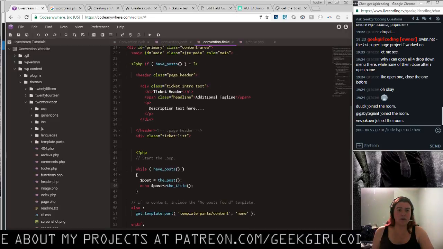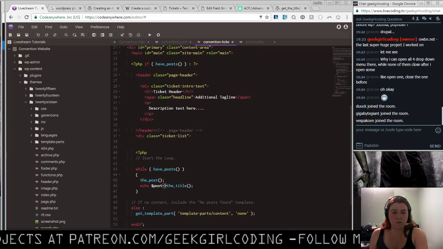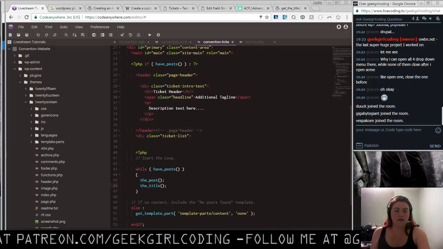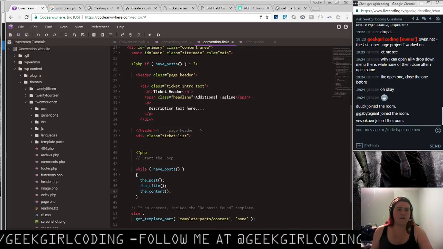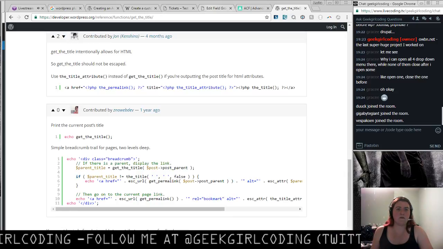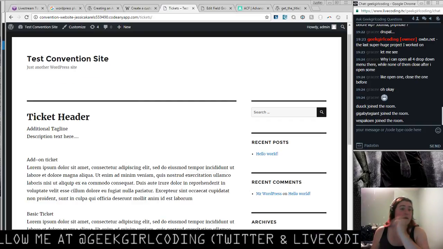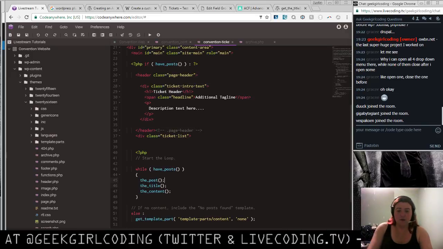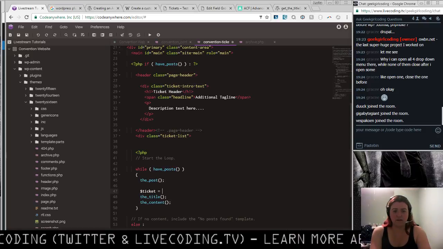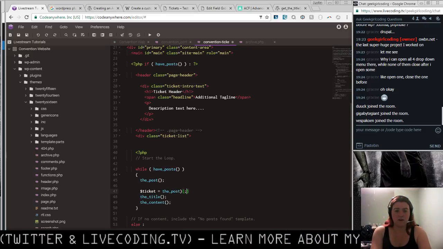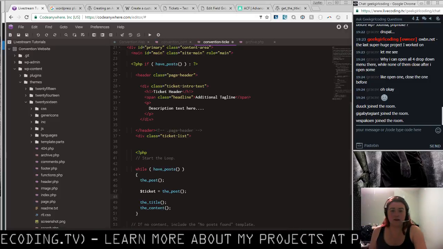Oh, I see what I'm doing. Okay, let's go ahead. We're just gonna do it this way. There we go. Okay, this initializes it, so then what we want to do is for custom fields, we're going to want to use this in a little bit. So what we will do then is